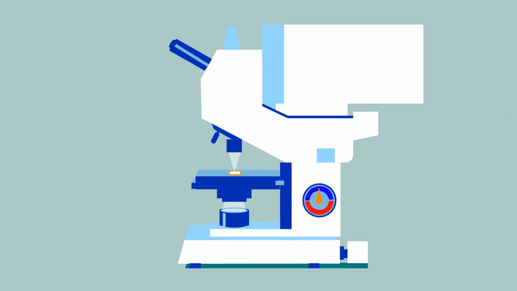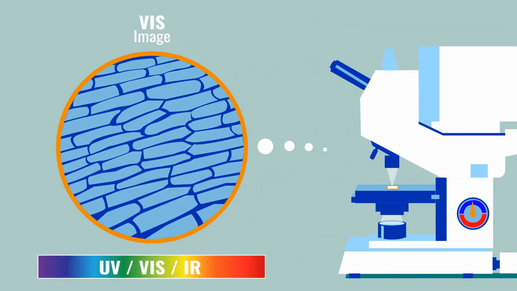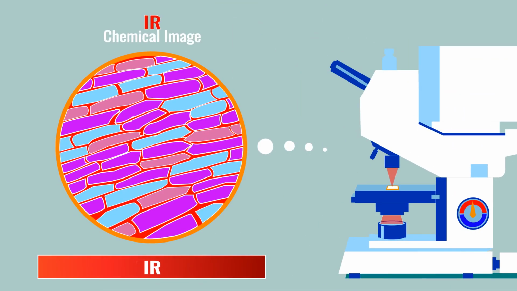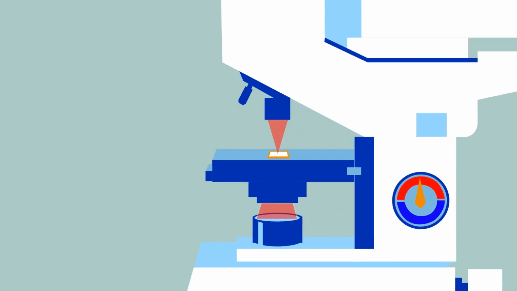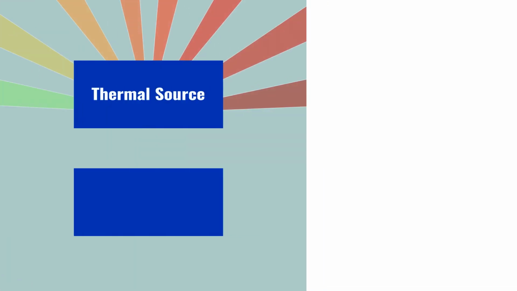A traditional microscope allows us to view the details of small objects using visible light. But visible light only provides information about the color and shape of an object. However, a microscope using infrared radiation instead of visible light can obtain microchemical information, revealing the true nature of the sample. Infrared radiation for microscopy is generated in one of two ways: a thermal source or a quantum cascade laser,